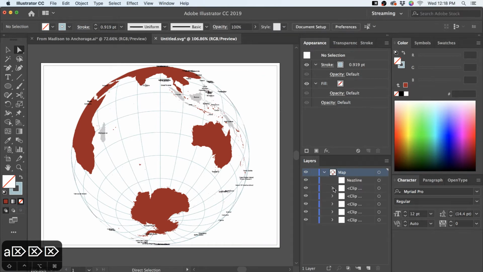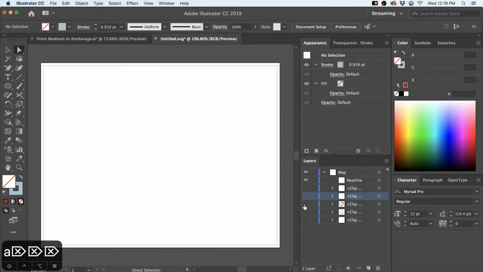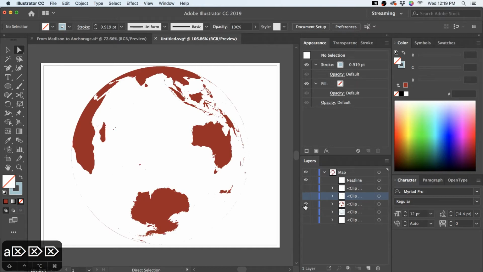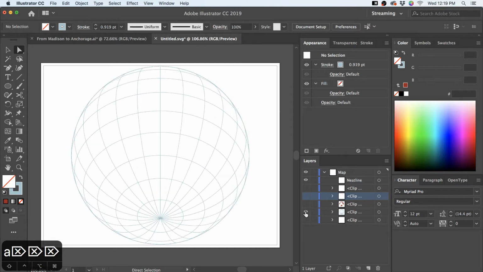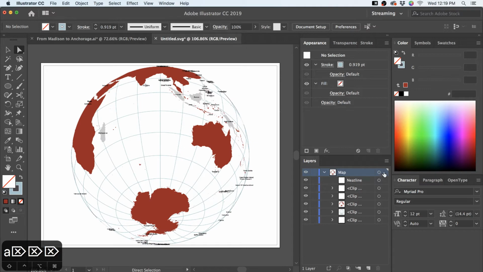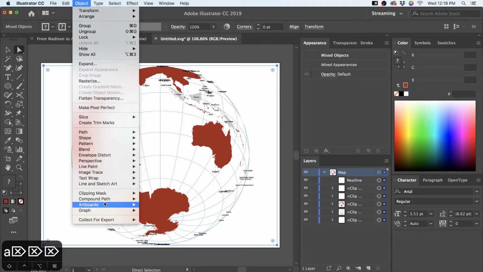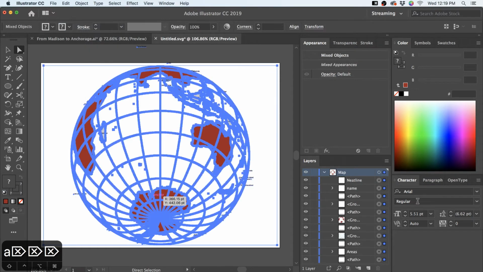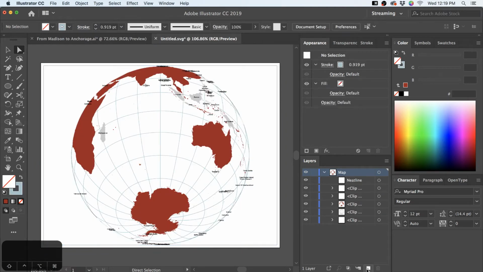And now I got to take this thing and start organizing it. Everything comes in a map layer with little clipped groups that match every layer that you had in IndieMapper. So here's my original land shapefile, here's my graticule, and so on. So I want to turn these into layers in Illustrator because, if I have all these together now and I just unclip them, well, then they're all going to get dumped in the same layer and it's going to be a mess. So I got to organize stuff.